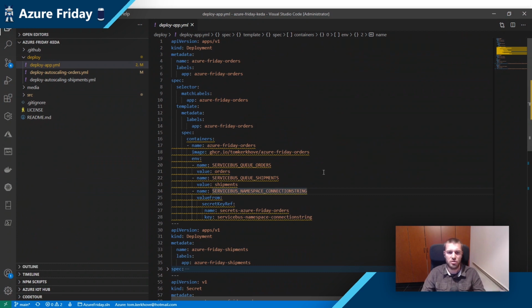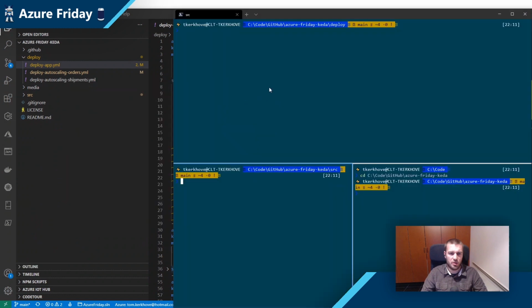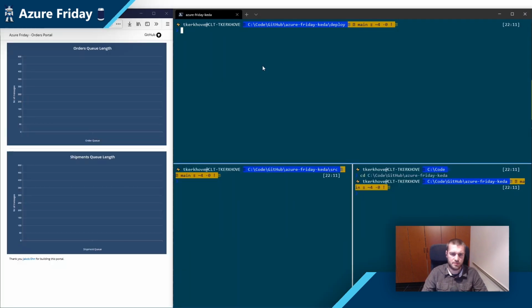My orders app will have send and receive permissions. The shipments app will only have receive permissions. I'll come back to that later, why that is important. So I will deploy that now to the cluster, and I'm just applying this.